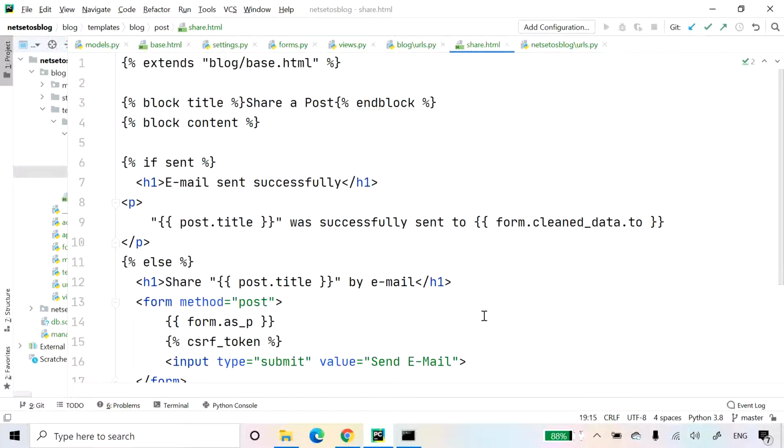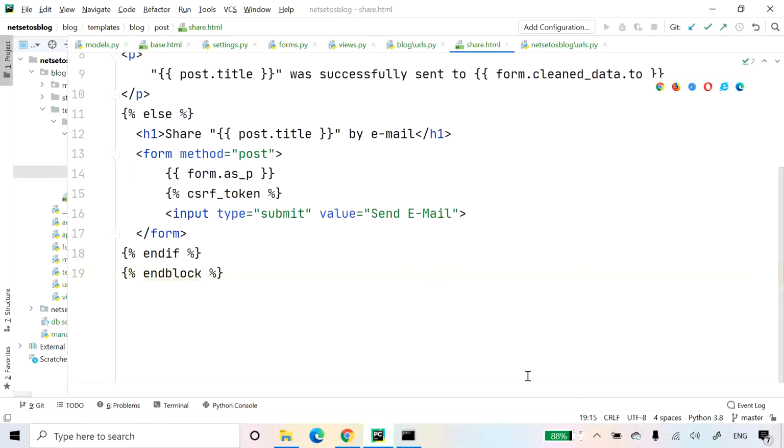So up till here we have created the template to display the form or a success message when it is sent. Here you would have noticed we have created the HTML form element indicating that it has to be submitted by post method. Then we have included actual form instance.